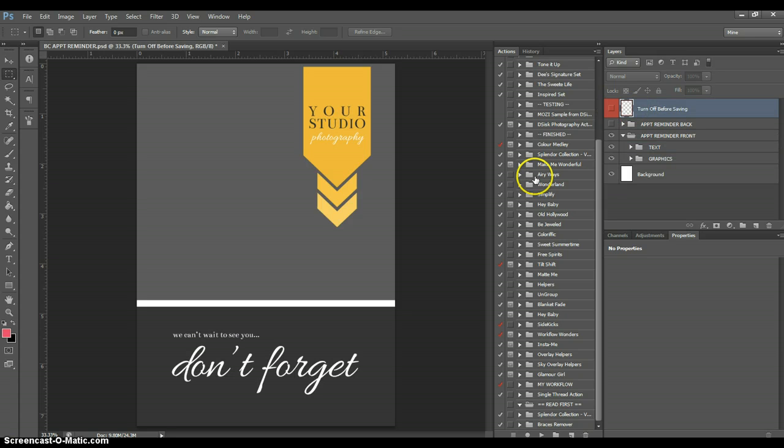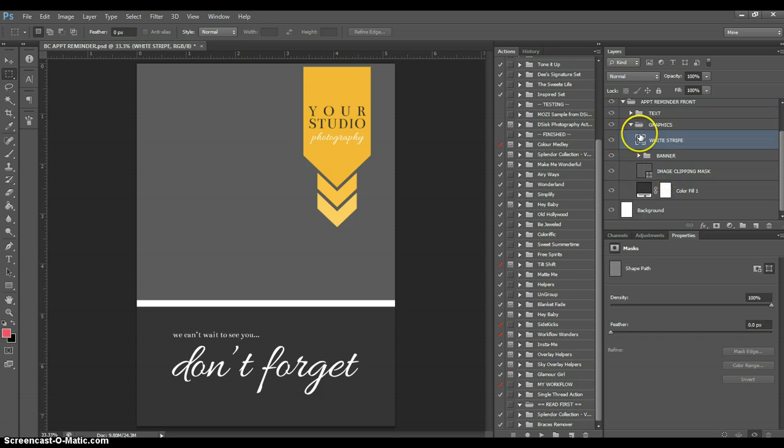You can change what it says right there. We can't wait to see you, don't forget. You can change that to say whatever you want. All the graphics, open it up, the white stripe, you can change that color. If you need to change the color, these little tiny squares in there is